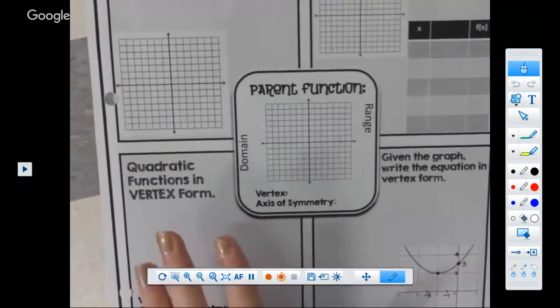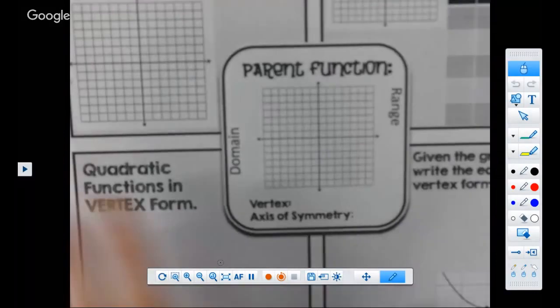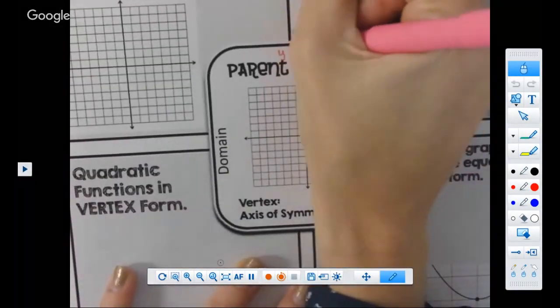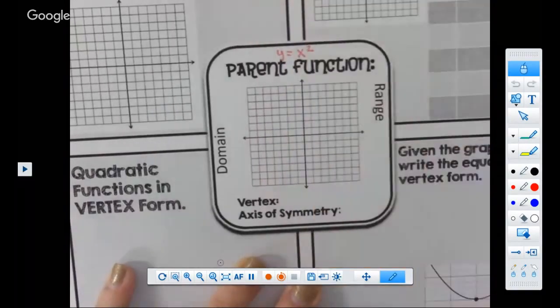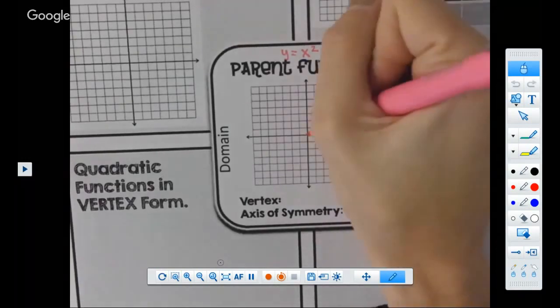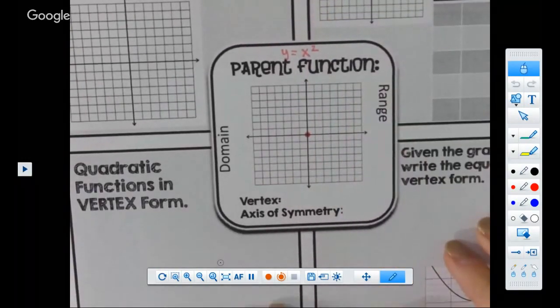And we're going to start by graphing our parent function and talking about all of the characteristics and basic properties of these. So the parent function is what we said, y equals x squared. We did the t-chart on how we got these points in our warm-up. Graph what the basic parent function looks like. The first point was 0, 0, right? We said if we take 0 squared,